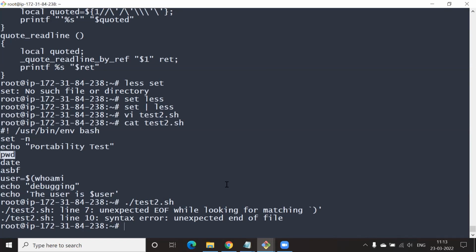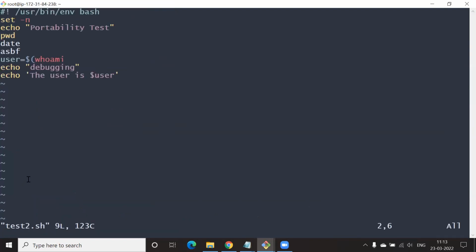Cool. Now get back into the file. Comment out that set hyphen n. In the next line, type set hyphen x. Hyphen x for X-ray.